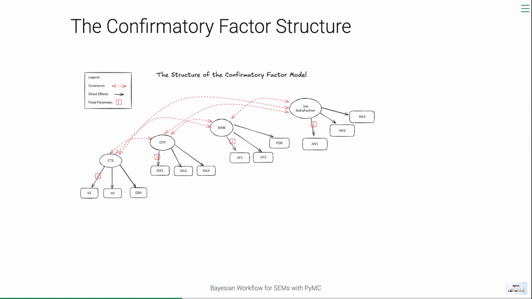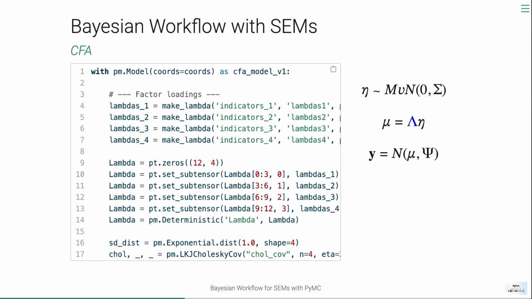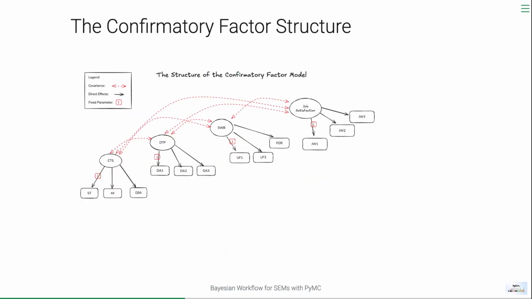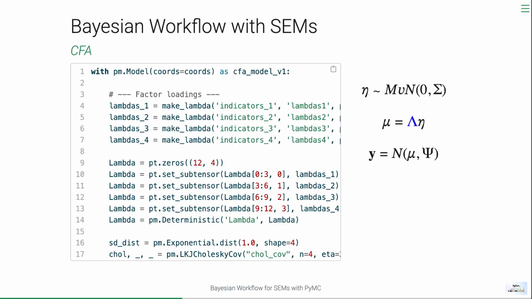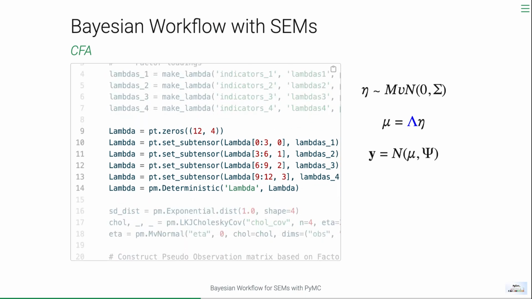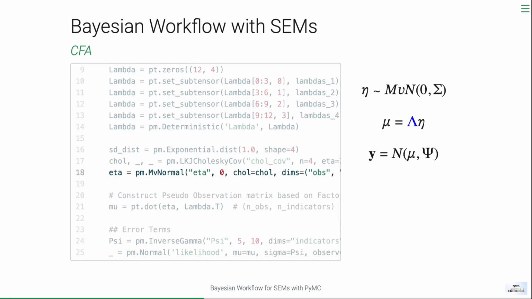Okay. In code, what we're doing here is deriving the arrows, which are determined by parameters called lambda in the literature. These are effectively like regression weights, but in the literature they're called lambda. So this is the matrix of lambda coefficients that we're interested in, and they're going to load on the observed data that we had, so the 12 variables we have. So we have one lambda term for each of the 12 variables.